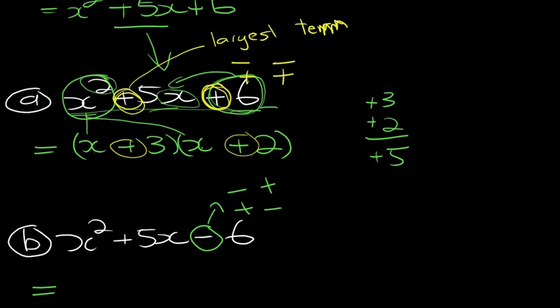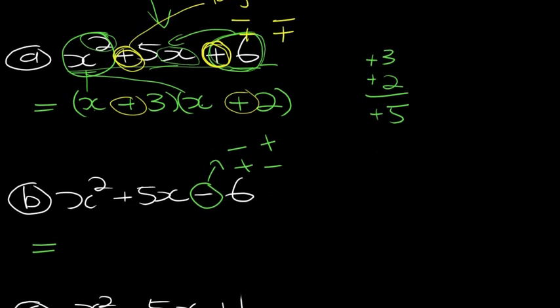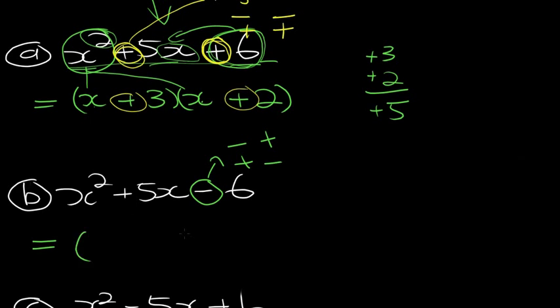Now here, what will happen is that first of all, again, you'll put the brackets, and you'll ask yourself what times what is x squared, so it's x times x. And then you'll ask yourself what times what is minus 6, but if you add it together, you must get to plus